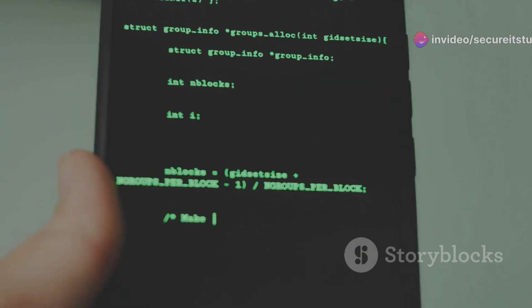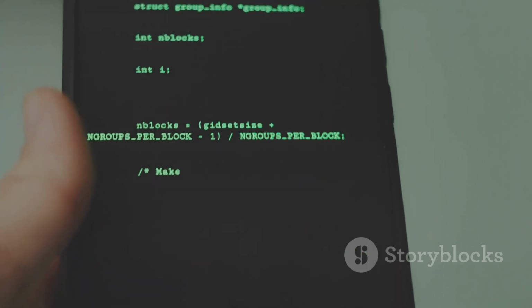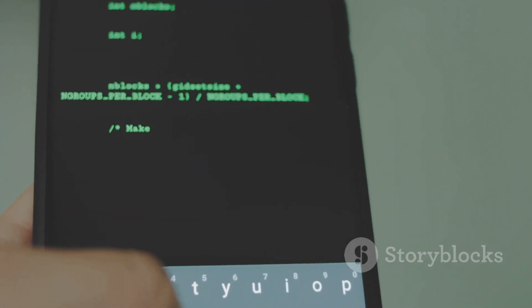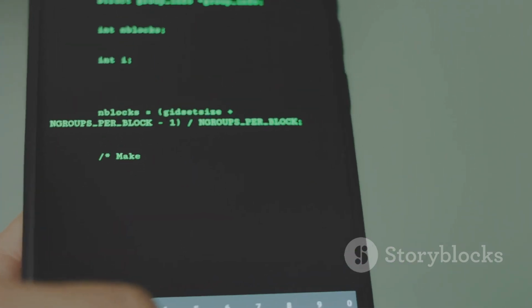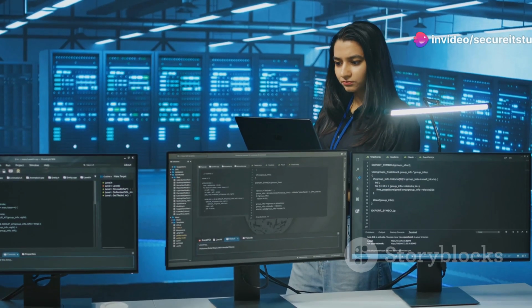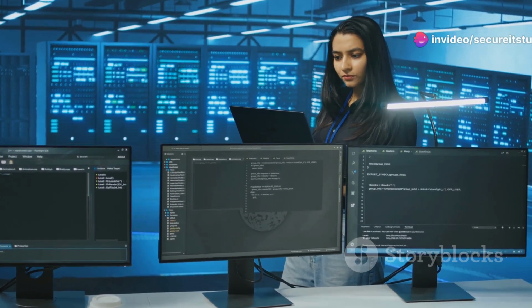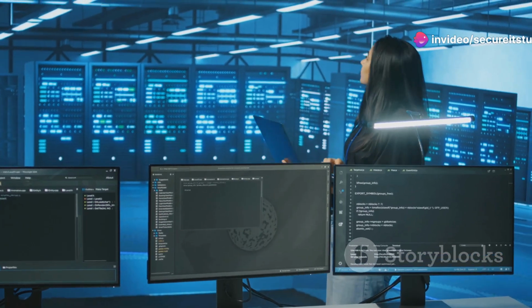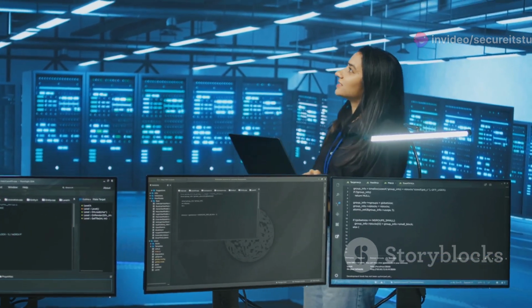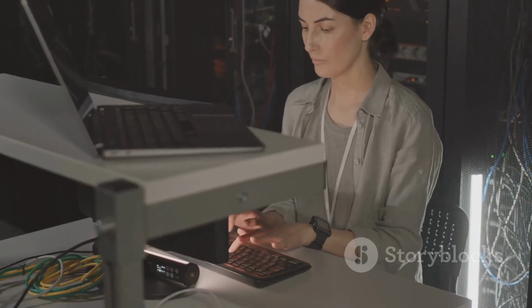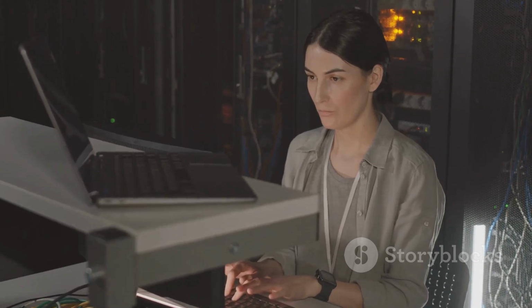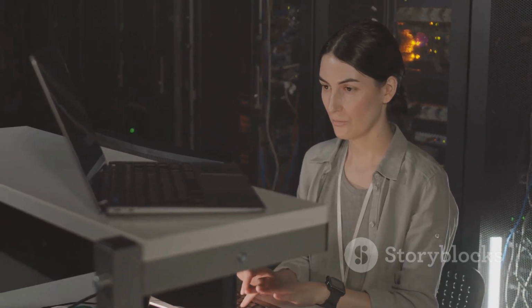Now, one of the first things you'll notice about Linux is its reliance on the command line. Unlike graphical interfaces, the command line offers a more direct and efficient way to interact with the system. Don't let that intimidate you though. While it may seem daunting at first, the command line is actually quite user-friendly once you get the hang of it. The command line is your best friend in the Linux world, giving you unparalleled control over your server.